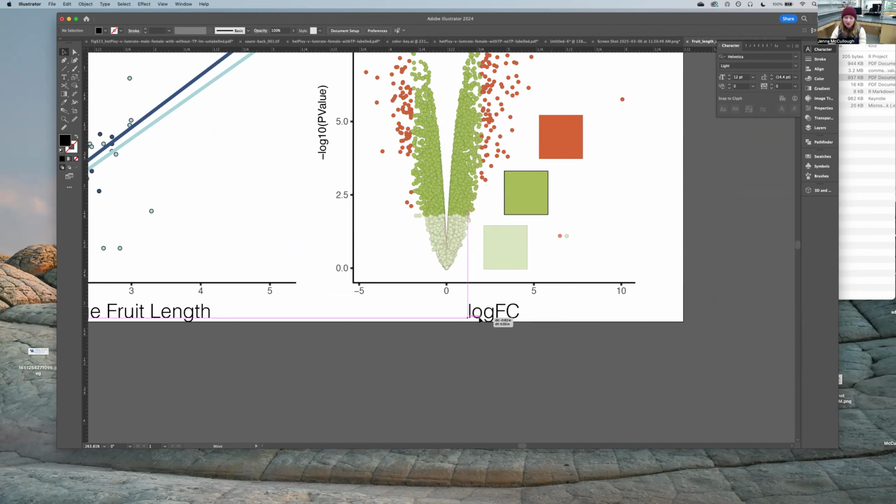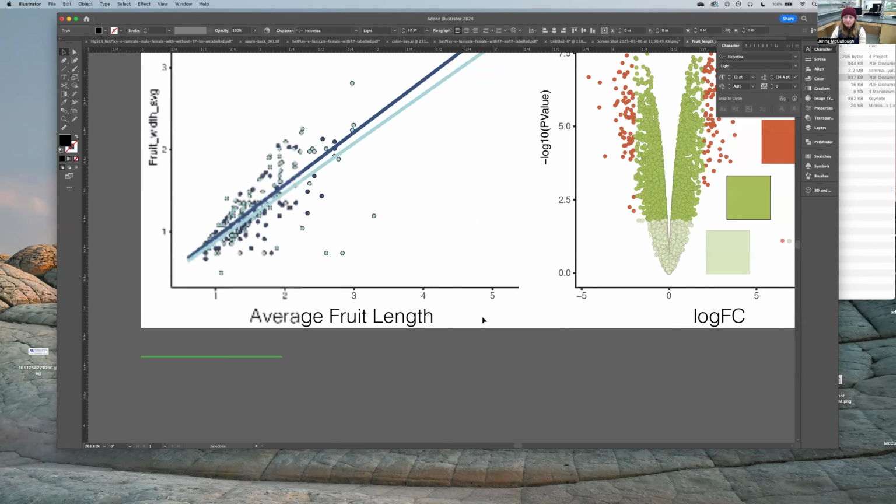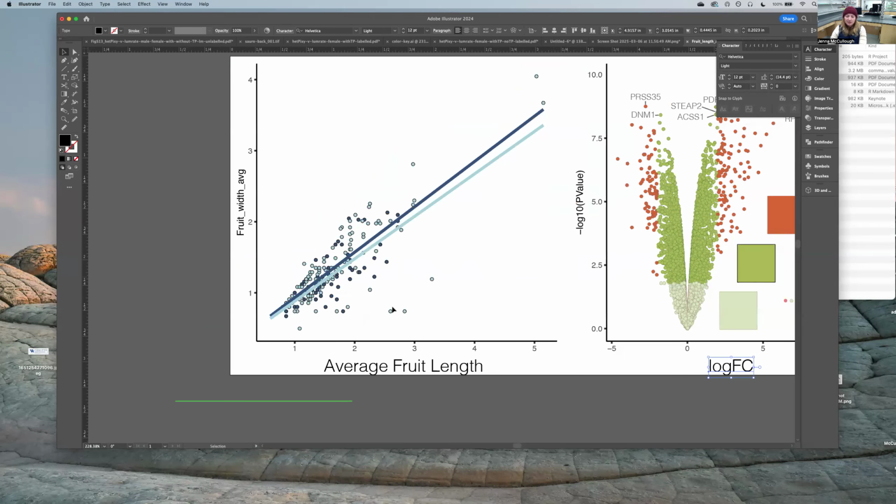I guess I could have also just copied and pasted the style. So that's one way. And then here I can copy it and then edit it here, or I can do one other thing. I could